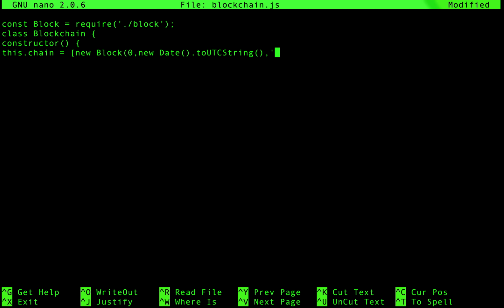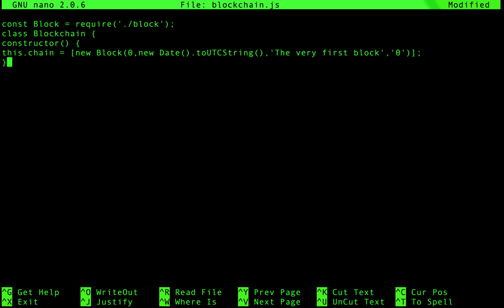The data, well, let's just type in the very first block, and since it's the very first block, the previous hash would be 0 since there's no block prior to this. So our first block is created,